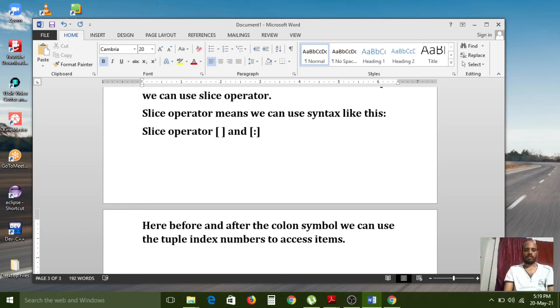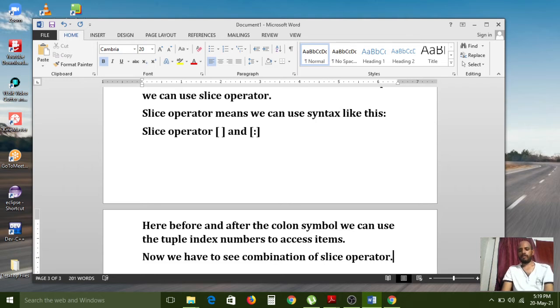So now we have to see the combinations of slice operator usage.